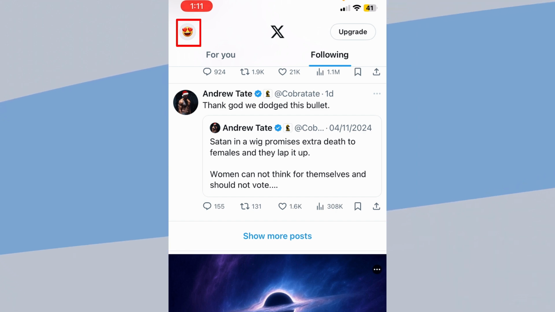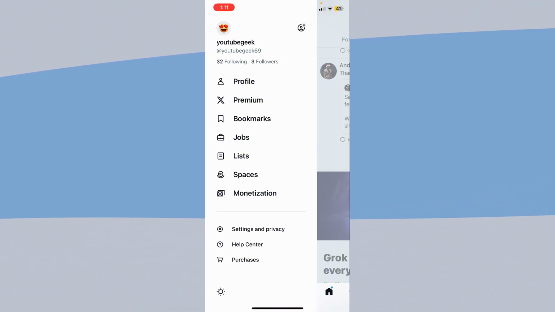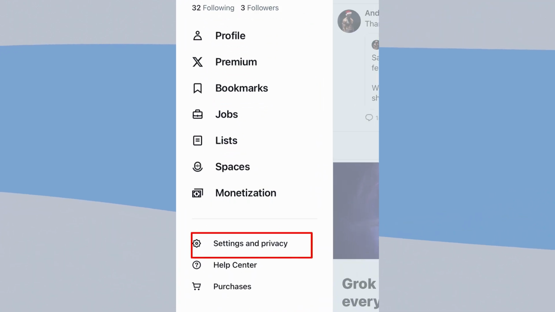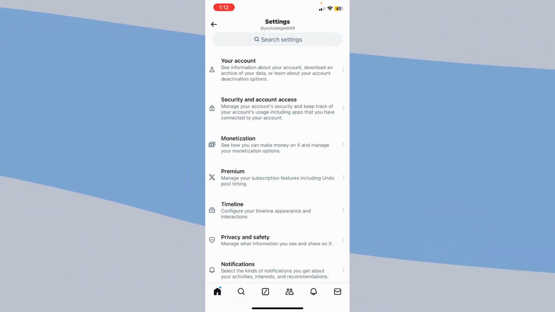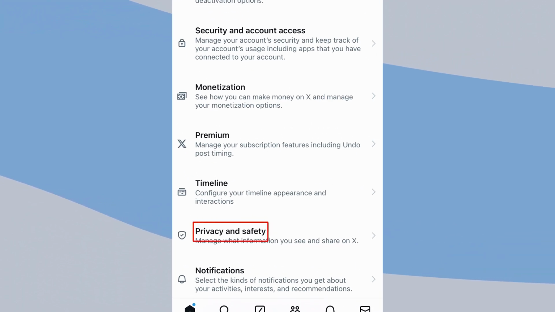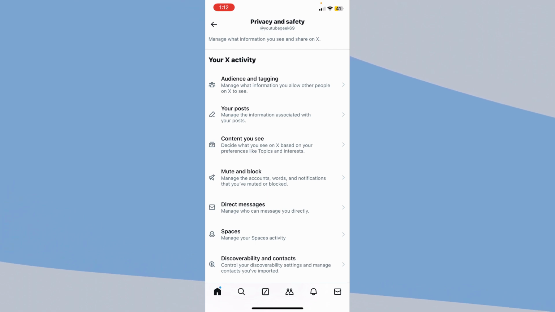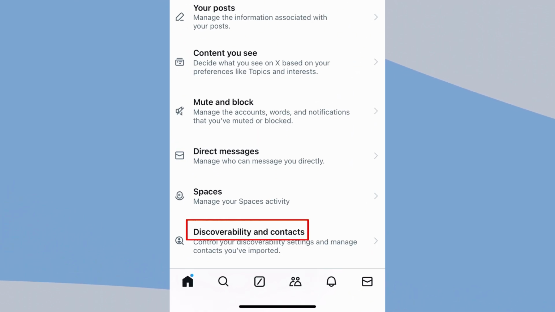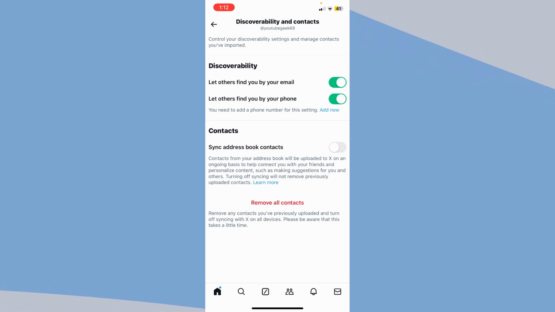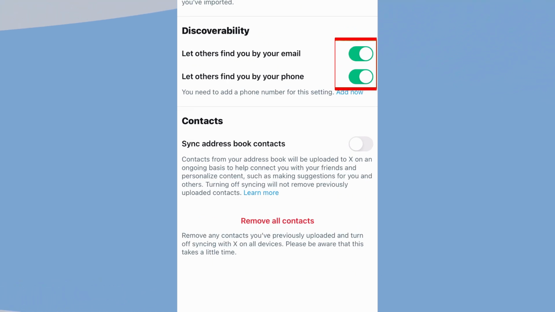at the top left of the screen. Then you need to click on Settings and Privacy at the bottom. Inside here, click on the Privacy and Safety option at the bottom. And then click on where it says Discoverability and Contacts, the last option. Here, make sure you turn on all the settings. The two settings at the top and where it says Sync Address Book Contacts, make sure that is turned on